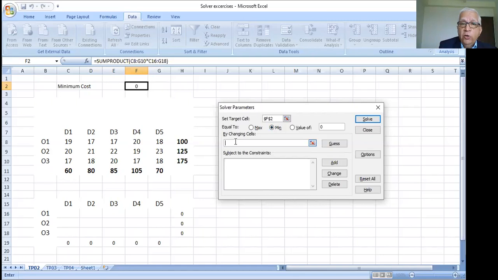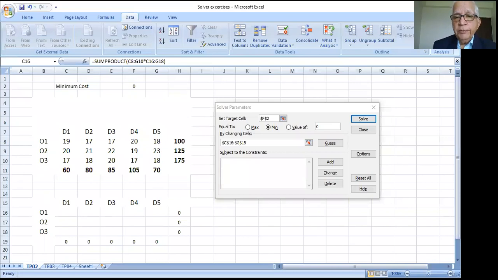Okay. Now by changing cells, what is the meaning of by changing cells? By changing the allocations. And where are the allocations stored? The allocations are stored here. Allocations will be generated in these cells in the second matrix. So by changing cells, I go to the first cell. Okay. First cell, see the formula has come there. C16 is the first cell. Sorry, there was an interruption.